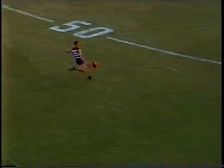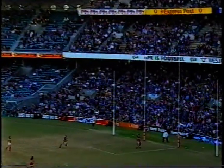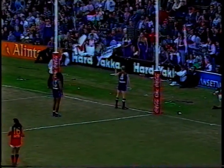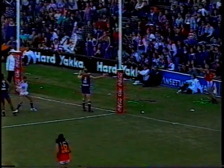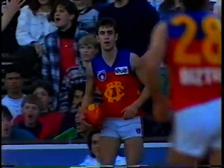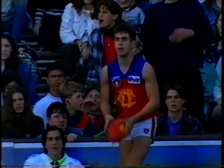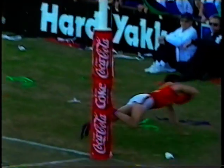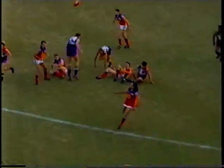Leach. Leach thumps it long. Shepherded through. Oh, it might be there. No, Mark, right on the line. The crowd there wanted a goal. The goal umpire had a good view of it. I think Leach enjoyed kicking his first goal of league football a moment ago and is quite prepared to have a dip for the second. Chandler, a good saving mark. It's still here for